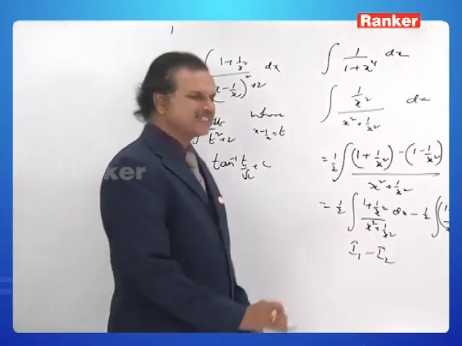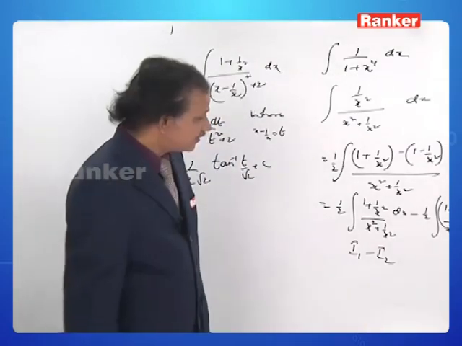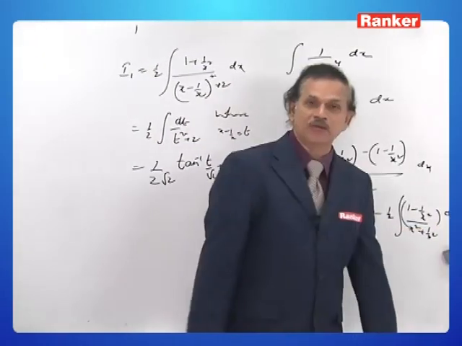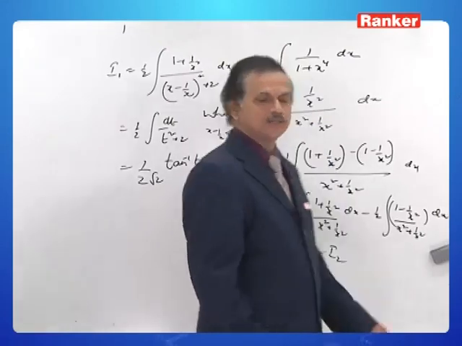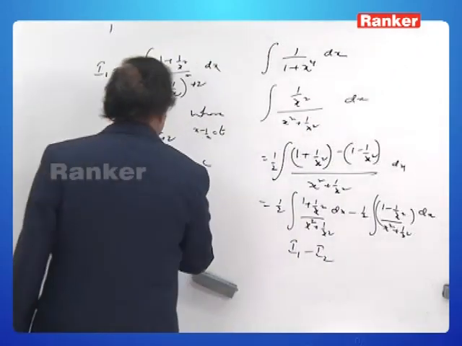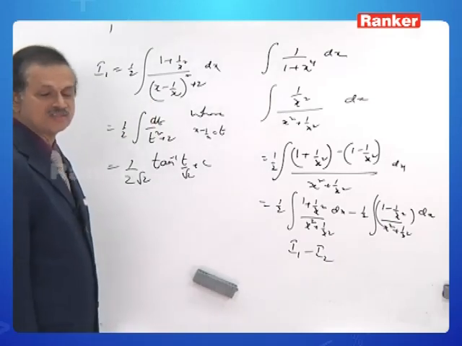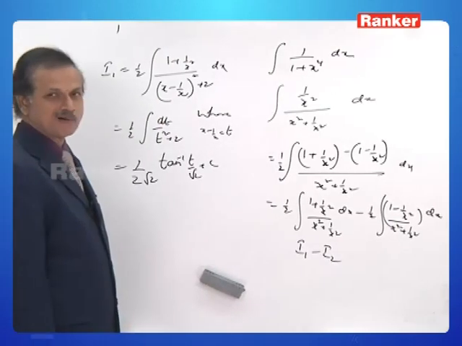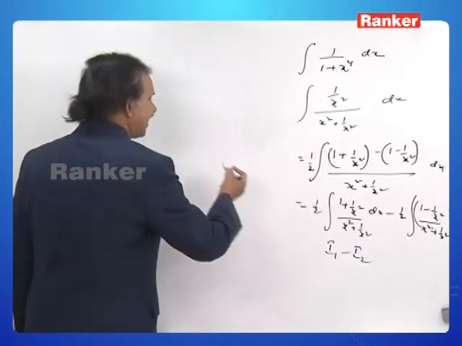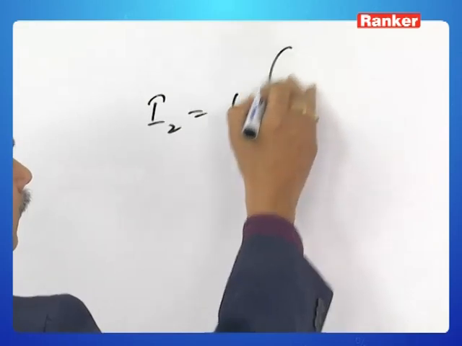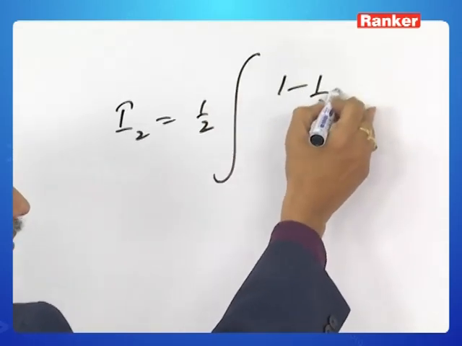The first part is done. What about the second part? 1 minus 1 by x square by. How to deal with that? We shall do. This is of course I1. I would like to remove this to save the space to answer the second part, that is I2. What is I2? Half into 1 minus 1 by x square by,